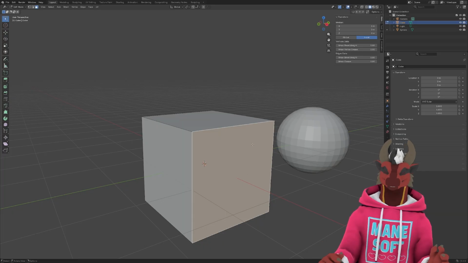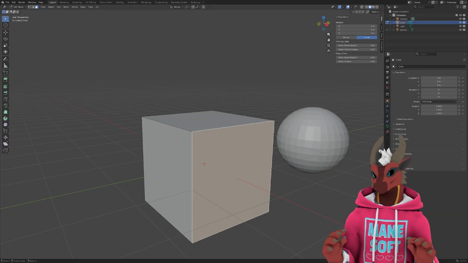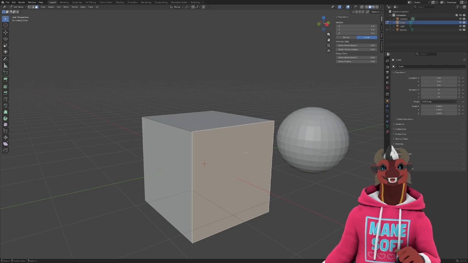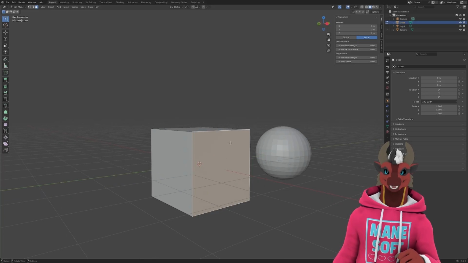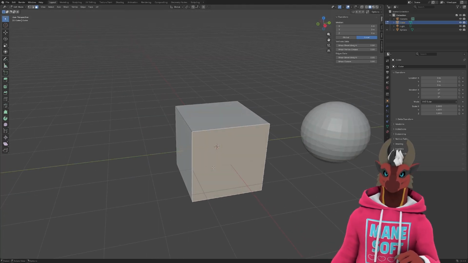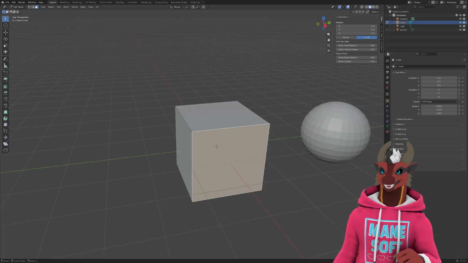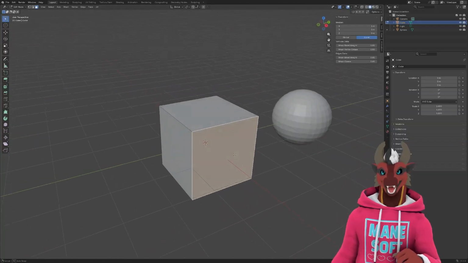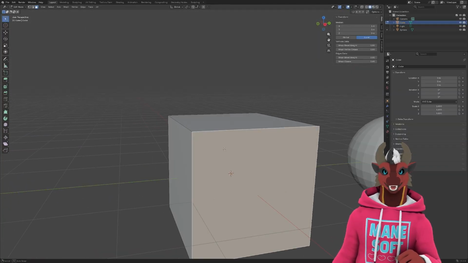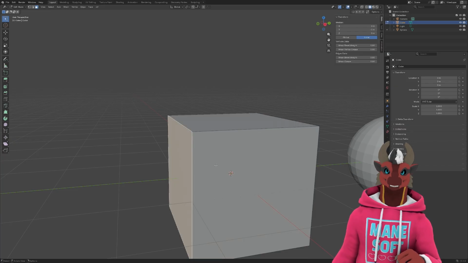But for the purposes of definition, minimum 3, no maximum. So a face just describes a plane in space, plane just being some sort of surface that is boundaried by the edges drawn between the vertices that are part of that face. So on a cube, we've got our 6 faces on the cube,